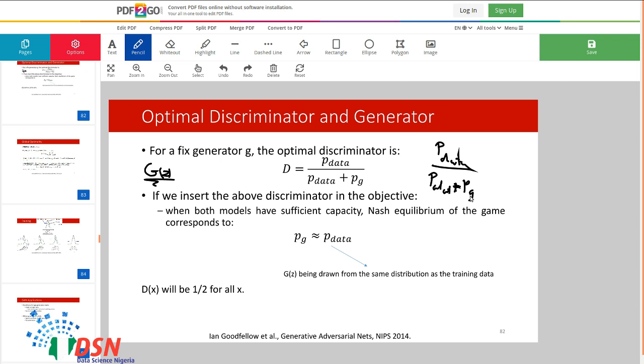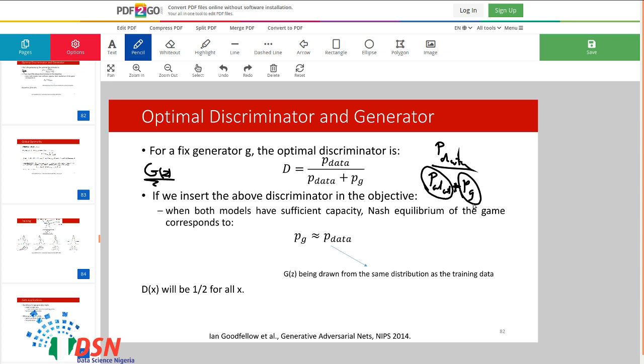And when you have a generator network that is creating new images, then your training distribution will probably be the same as your generator distribution.